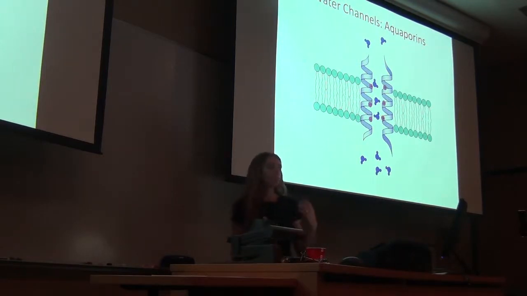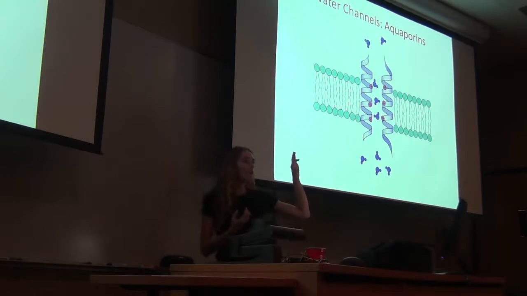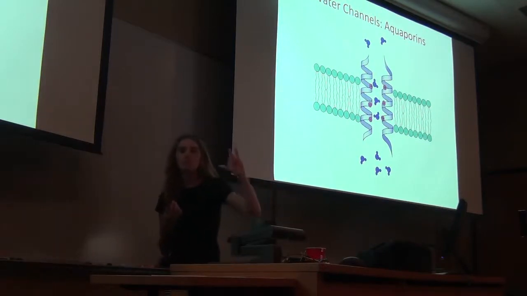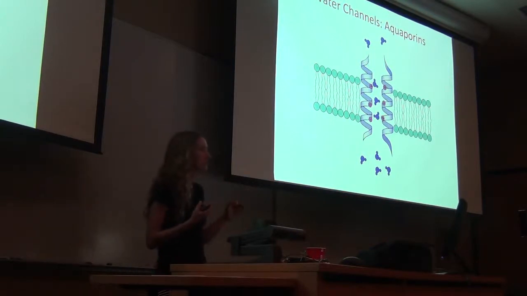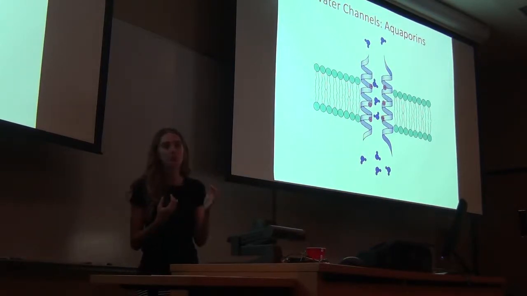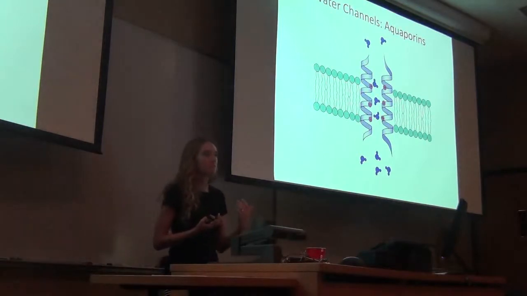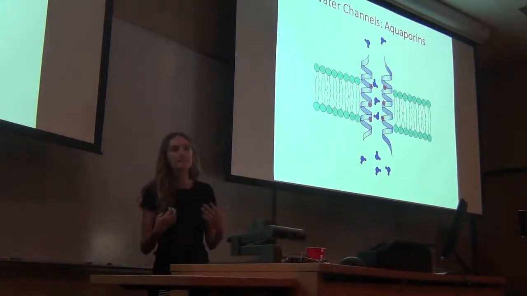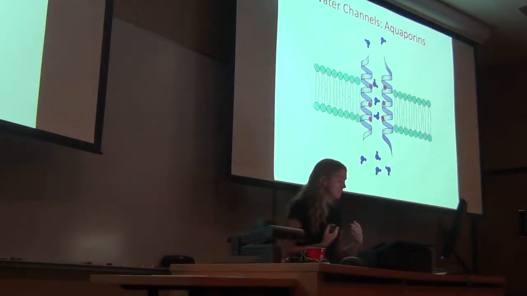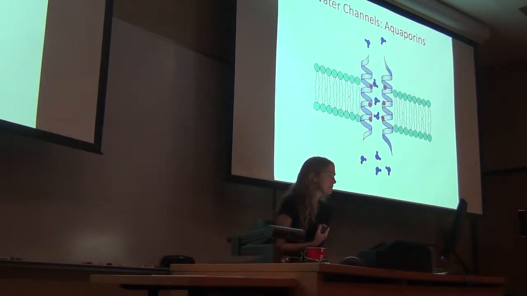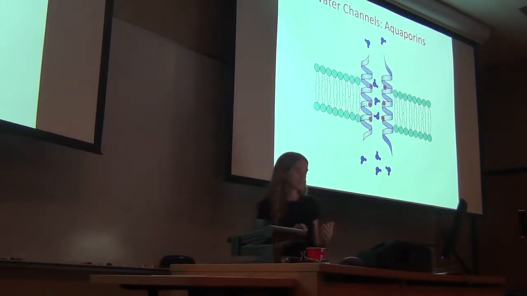Water can diffuse slowly on its own through that hydrophobic bilayer, but it's going to take a long time relative to the scale at which we need chemical reactions to occur. So there was much thinking that there was probably a water channel, and surprisingly, no one knew what that channel protein was until